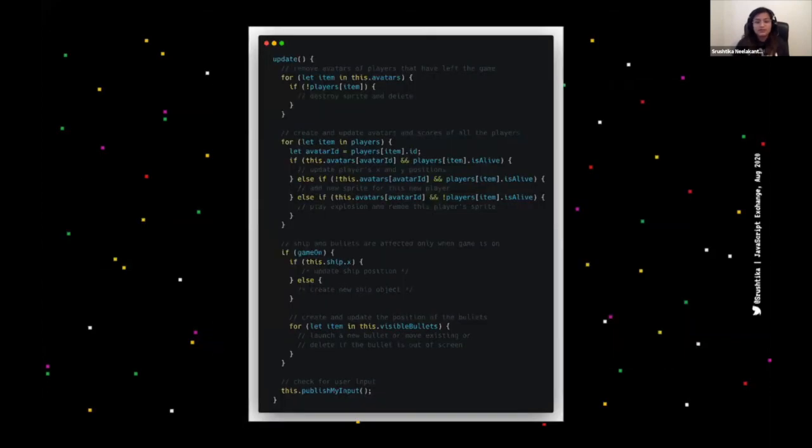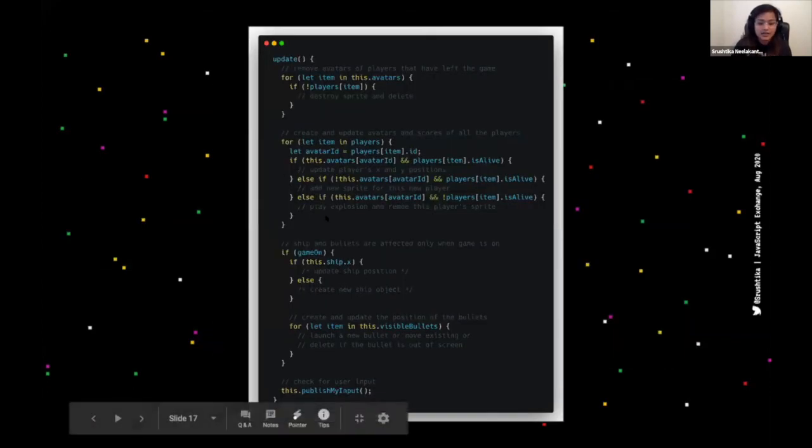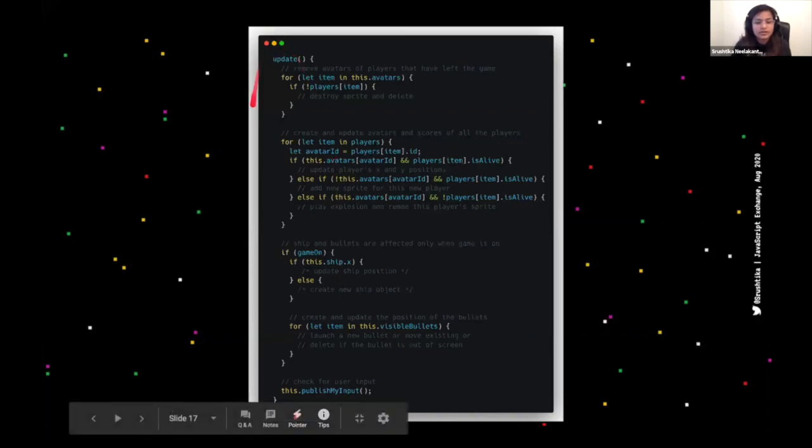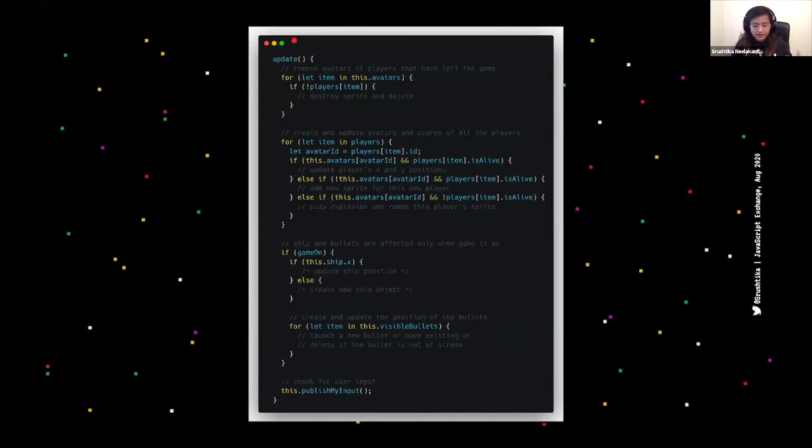Awesome. So if you now look at the update method, I think this is visible. Tell me if not, but I'll use a pointer just to make things clear. So in the update method, which I showed you before, which is part of the Phaser thing, which updates at high frequency, we'll check for all of the different variables in that game update that we receive from the server, and then we render the different game objects according to that logic. So if I quickly run you through it,